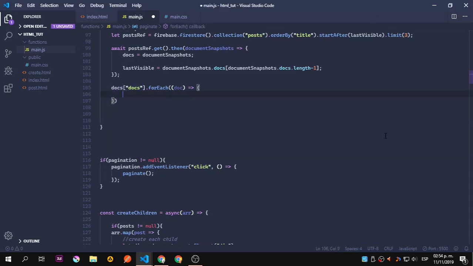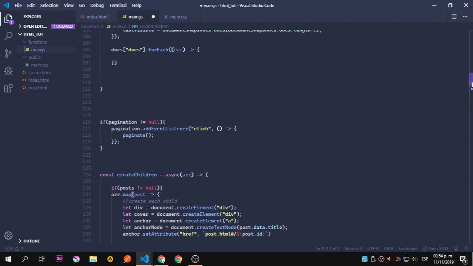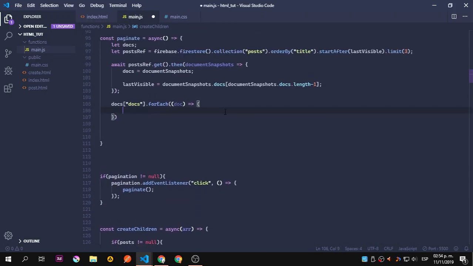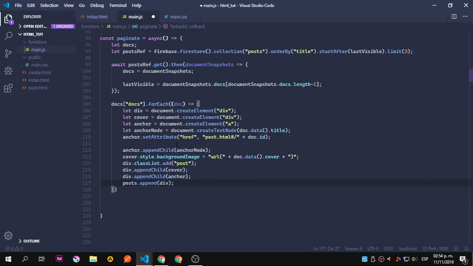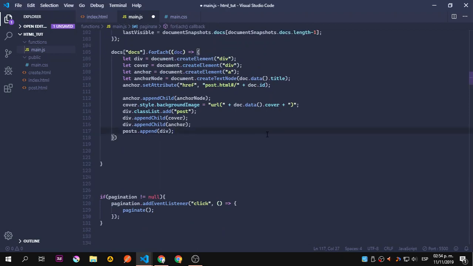So we need to perform the create again, okay, but I'm just going to copy this. That is the same code that is inside this, okay, you can refactor it if you want. So we're going to create this